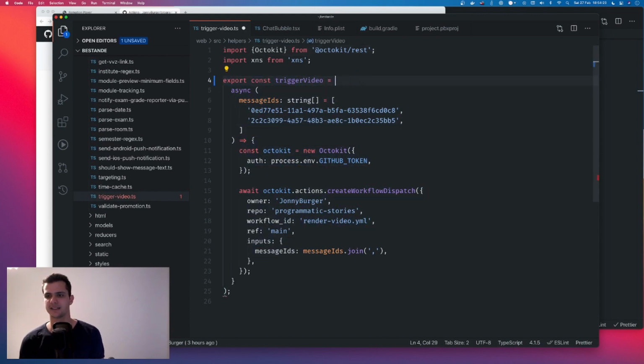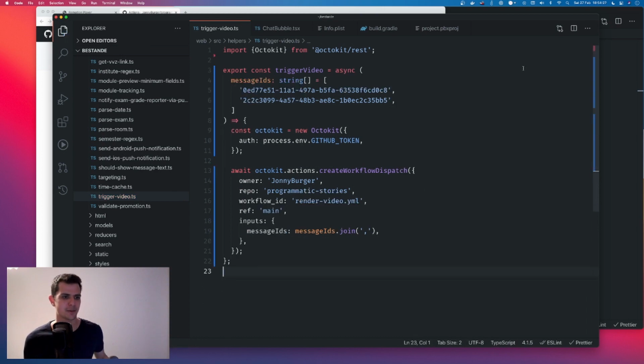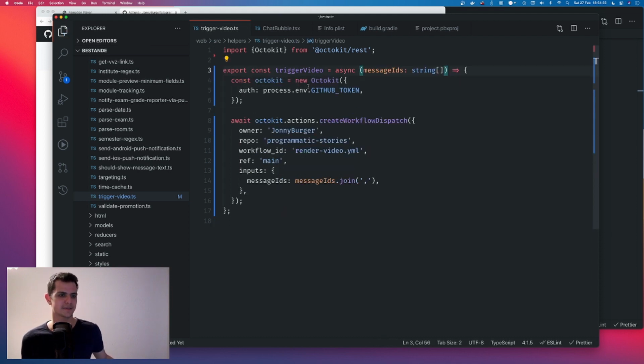You can forget about this part. This is just for testing a function on the command line, where I pass in message IDs. These are just the default ones. Where I use a GitHub token, a personal access token that I generated, and give it as few scopes as possible, and then I call the following function: